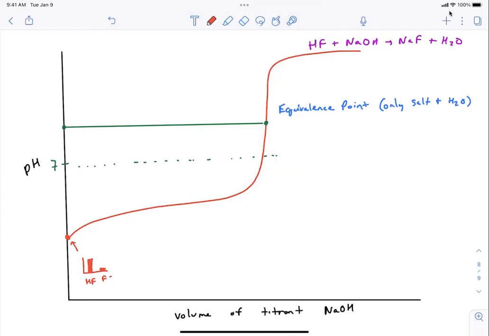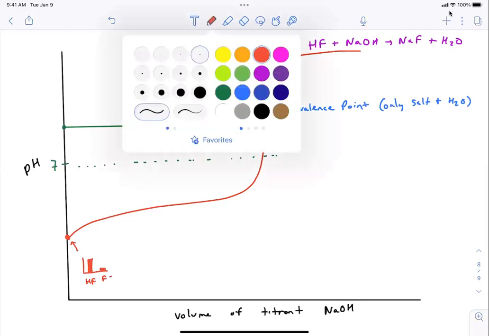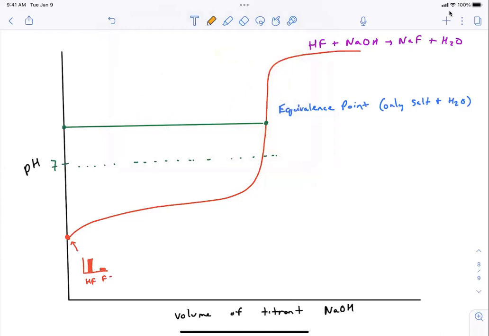It's just HF sitting in water dissociating partially. Now, as you add the base, the HF goes down because it's reacting with the base, and you're making more of the F minus. And you get to this special point halfway to the equivalence point,